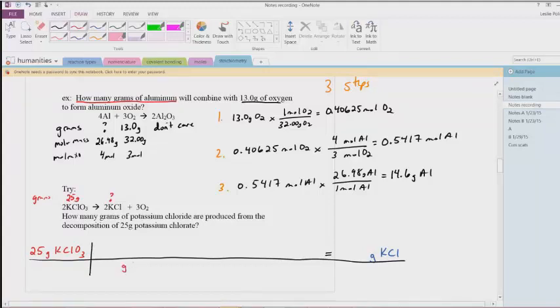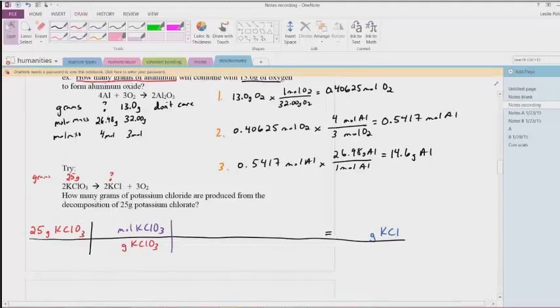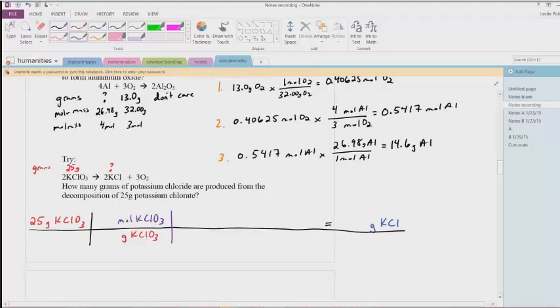So I've got to put grams of KClO3 here. I'm going to put moles of it on top. So there's one ratio. When we have grams and moles together, that's when moles gets 1 and grams gets the